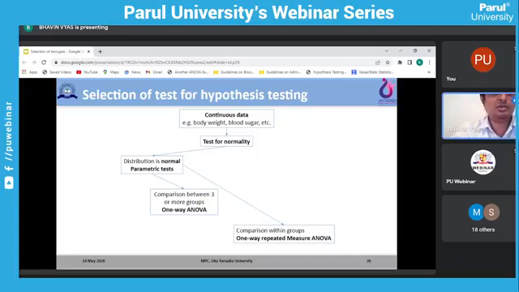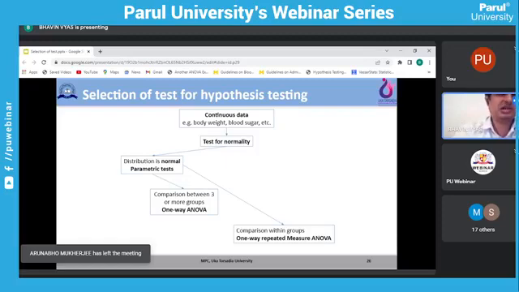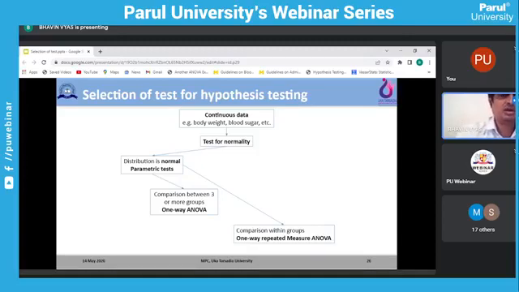My talk is limited to selection, assuming that you know some tests which are available. So that's why I'm not going to explain what TTS is; that is a different talk, which would require another 1 or 1.5 hours. I'm just telling you, if you have this type of data, if you have this type of characteristic, you should select this type of test. How to carry out that test is a different talk.